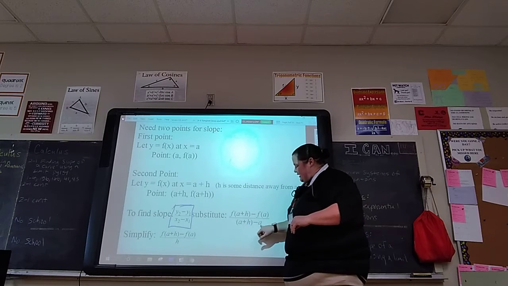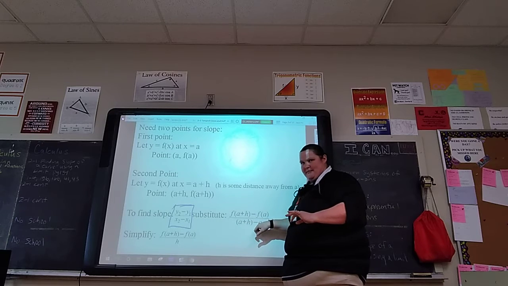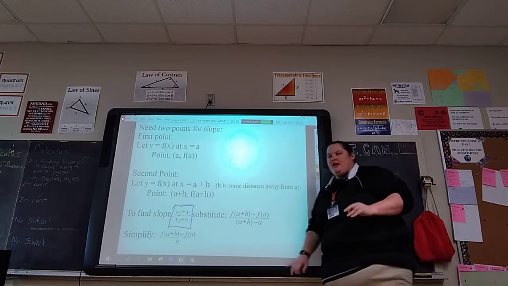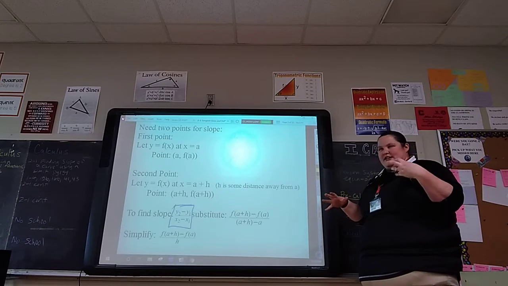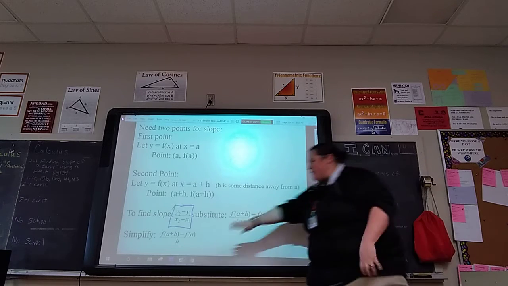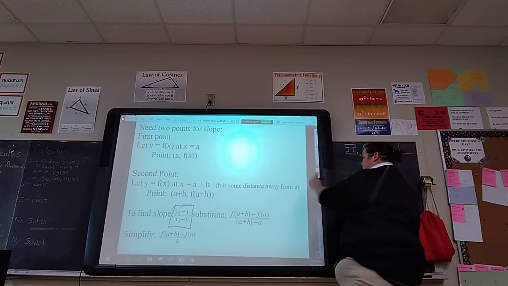If you look at this, some people started to notice: A plus h minus A, what happens to my A's? It goes away, so now I just have h on the bottom. Then they started thinking, okay, what if h was 0? Because that means the points are right on top of each other, but that won't really work because we can't divide by 0. So then what they decided to do